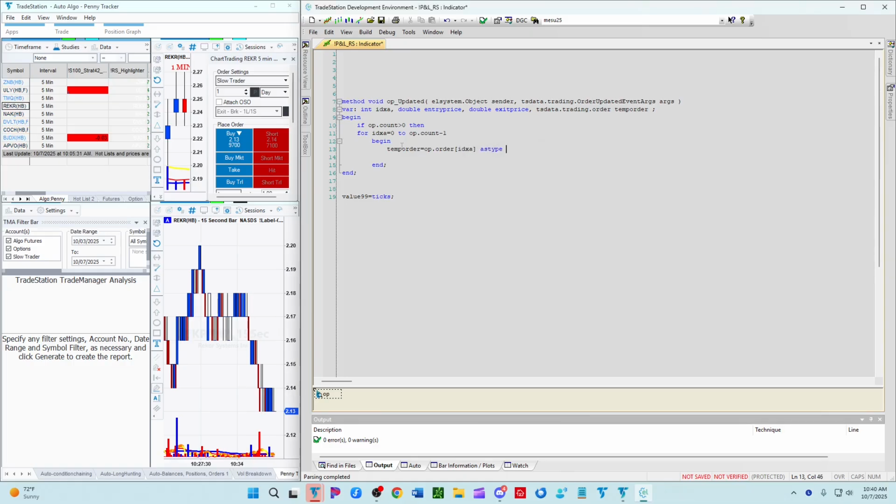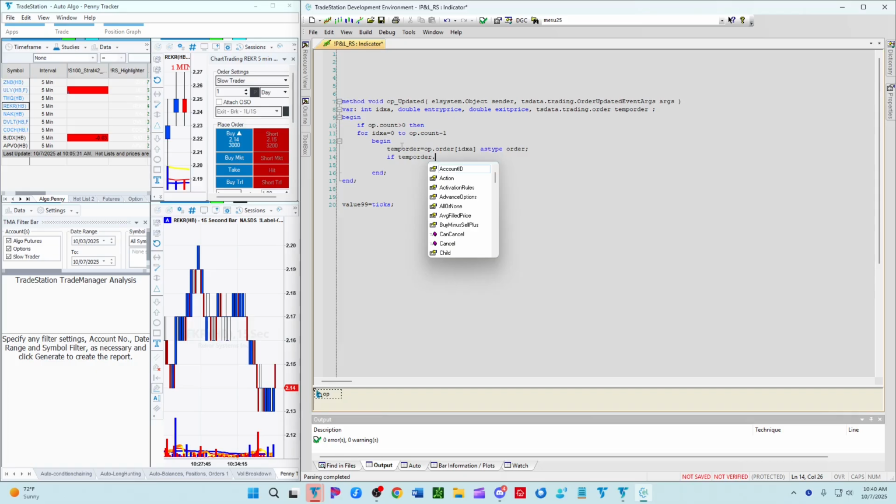as type order. And then we're going to say if temp order dot, well, now, so this is going to be the tricky part. Okay, so this is where you're going to have to take it a step further. And right now, for what I'm doing, this works. But if you're taking shorts and taking longs, then you're going to have to figure out a different way to do this. But I'm going to say if temp order dot action equals, let's just go ahead and use